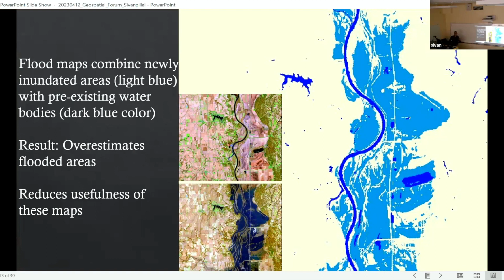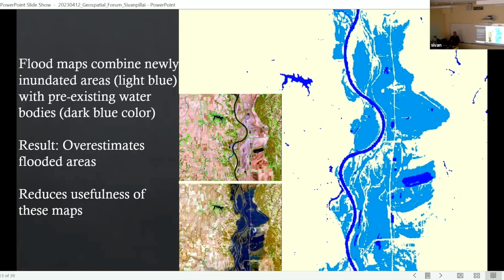So last week I was in Louisiana. We were doing all the training there. That's what the emergency management people want to know. They say that most of the time for rescue efforts, you get people from other states or even other counties. So they are not familiar with what is happening in your area or what exists before. So if you give them a map that combines all the pre-existing water body with the new one, that's why in 2011, they were telling us, yeah, it's good, but not really good, because we were showing way too many